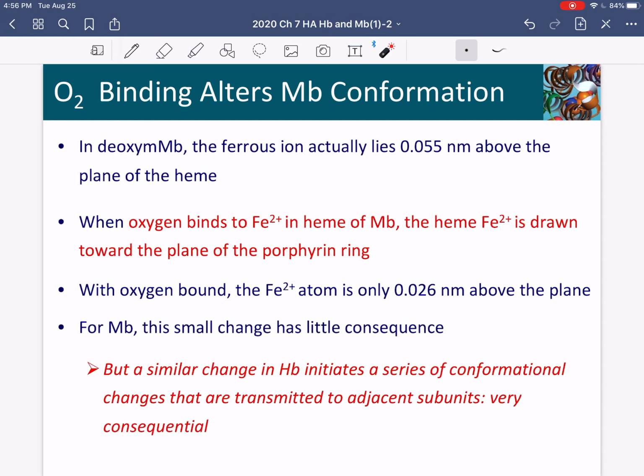And so that's something that harkens back to the hierarchy of protein structure. Tertiary structure only, no cooperativity. Quaternary structure, now you can have cooperativity. That's one of the things that's different between myoglobin and hemoglobin, despite their similar structure in terms of their secondary structure and tertiary structure.